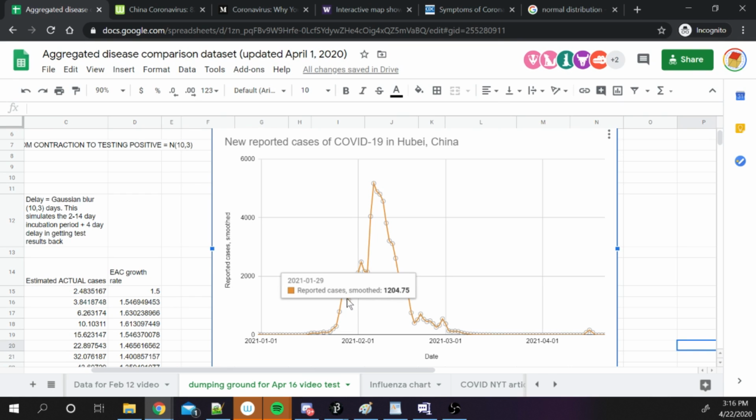Now I did apply a little bit of smoothing to this graph to get rid of weird time zone delays, but for the most part, this orange graph is as close to the news reports as you can get. So I haven't applied any weird tinkering to it yet.